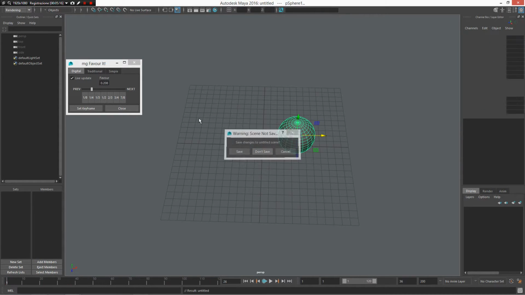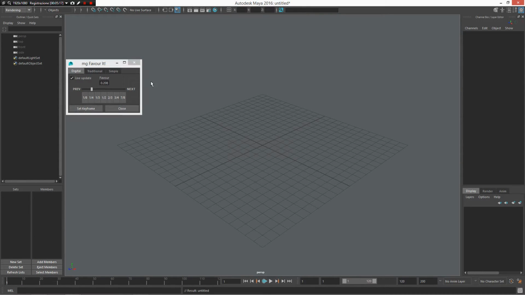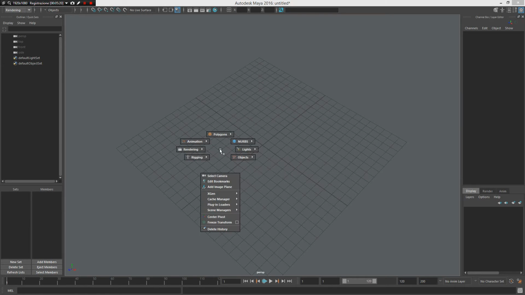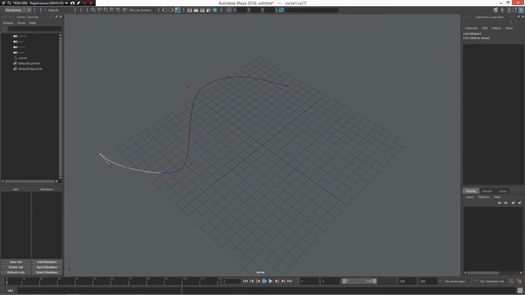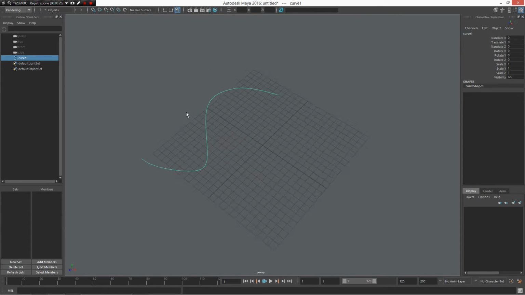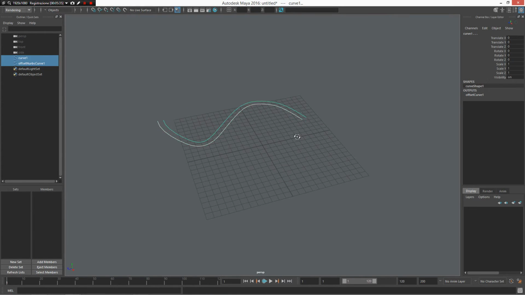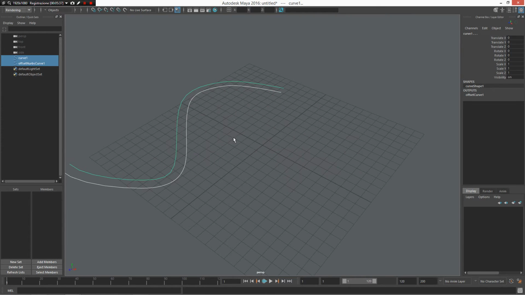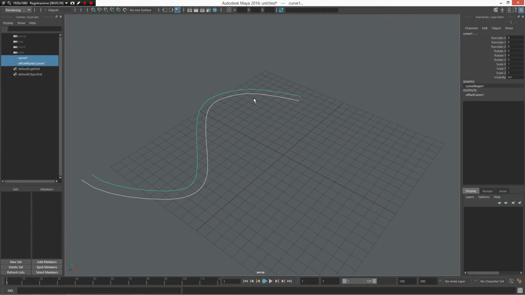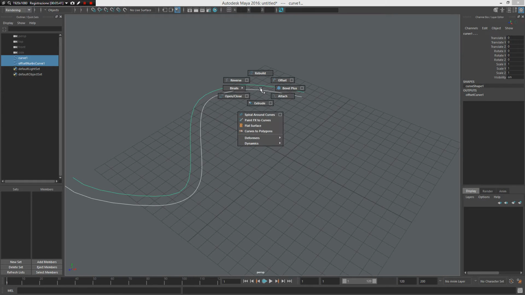All right, great. Now I want to show you spiral around a curve. This works on a single curve or multiple curves, so I can create a curve very fast. When I press Z and the right mouse button, I have access to the contextual menu of the curve, and I want to create a little bit of offset curve. As you can see, now I have two curves in offset, and from here I can create a multiple